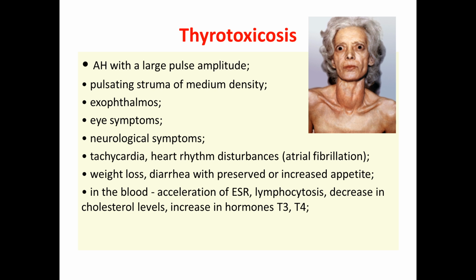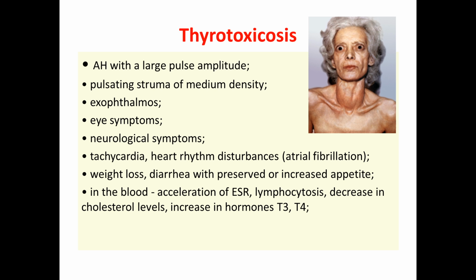Next reason for hypertension: thyrotoxicosis or hyperthyroidism. All diseases which result in hyperthyroidism, increasing T4 and T3 production, may result in hypertension because of, first, increasing heart rate. In case of increasing T4 and T3, we have activation of metabolic rate, and as a result increasing heart rate, increasing peripheral resistance, and heart rate cause